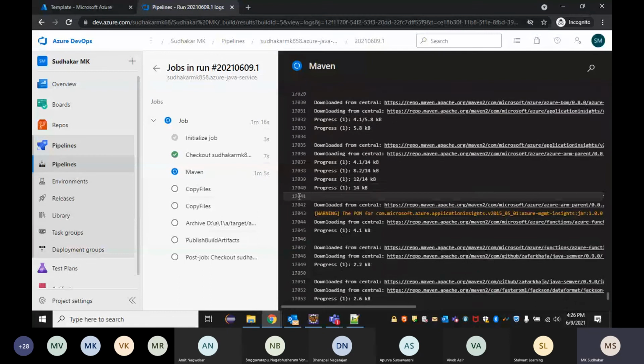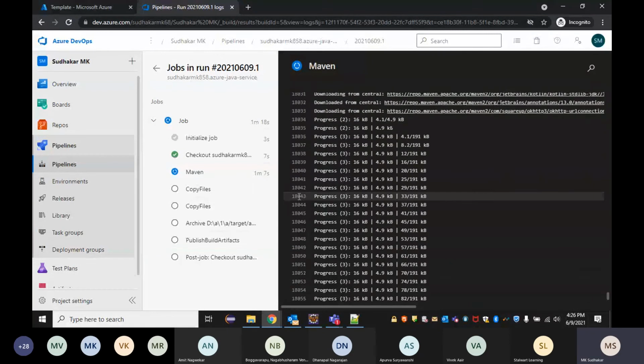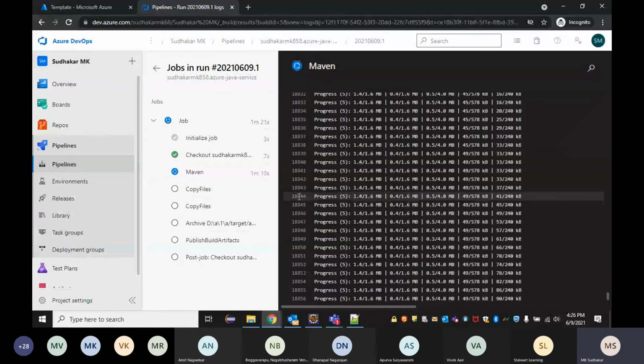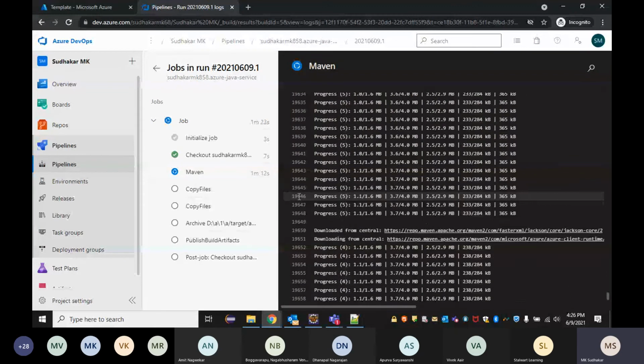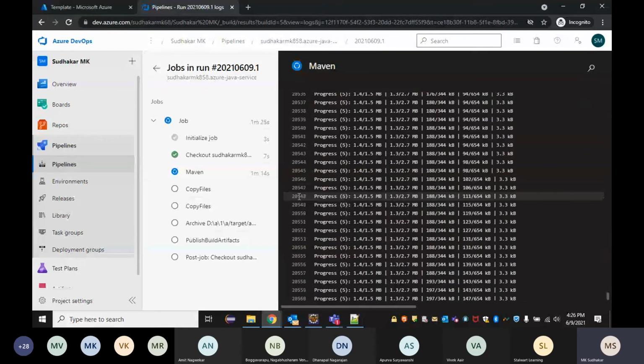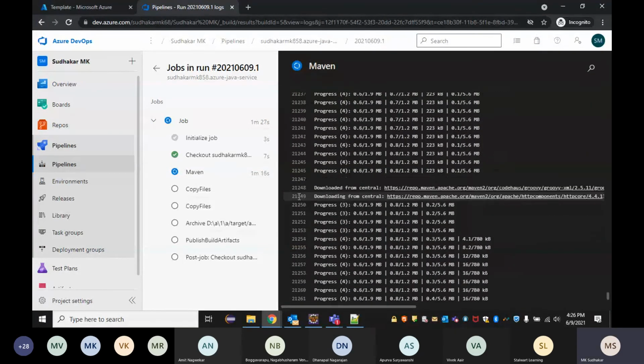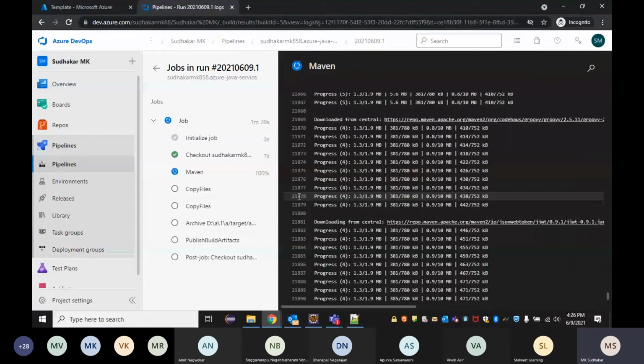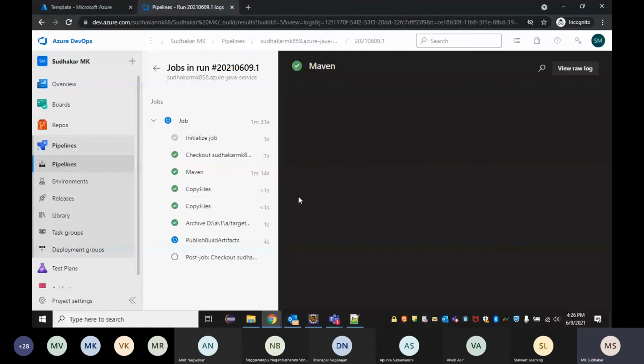It will take around 3 to 4 minutes to complete this because every time we run this, it builds the Maven project. That's because in Azure, when we are running the job, it runs newly every time on a hosted machine. So every time it builds the project.